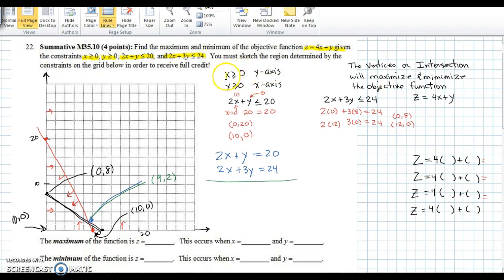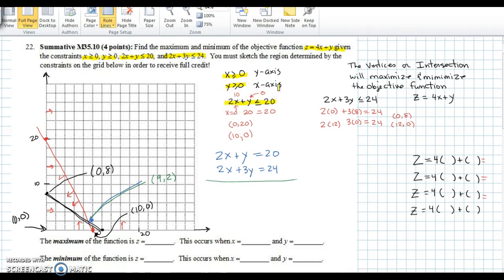The first two inequalities are trivial and are just the x and y axis. The next two are a little harder to determine. You may want to put them in y equals mx plus b form, but I would encourage you instead to